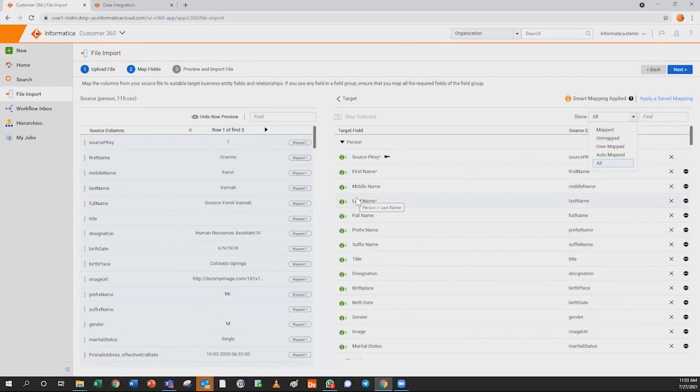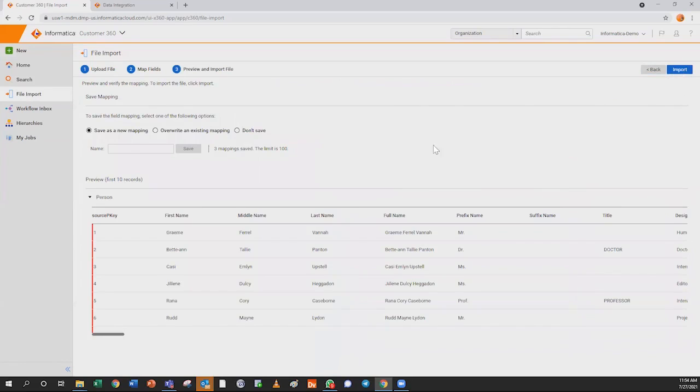This is why it's called the intelligent file import, where it is able to map it for us automatically. And then you go ahead and click on next. And then you're able to import the data. And you can also save this as a new mapping template. So we can call it persons import, and then save this as a template. That way it will be available to us the next time, and we don't have to remap if at all there is any remapping that's needed. And then you click on the import, and then it will show up in the My Jobs on how the import happened. So that's pretty much what I wanted to walk you through,